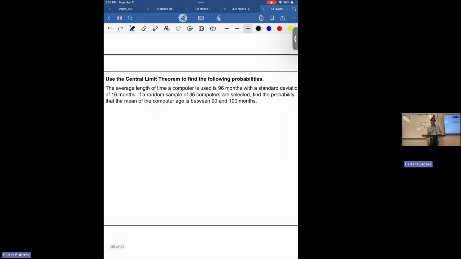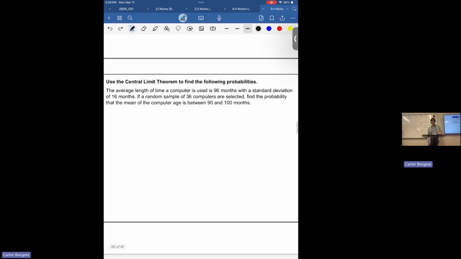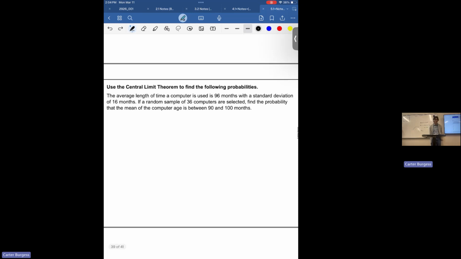All right, take a stab at the one underneath. Figuring out if we are taking a random sample of 36 computers, the probability that the average computer age is between 90 to